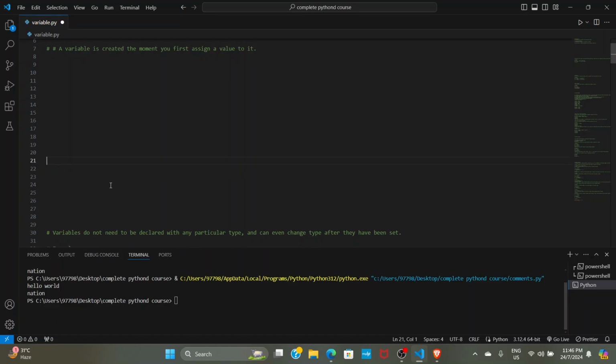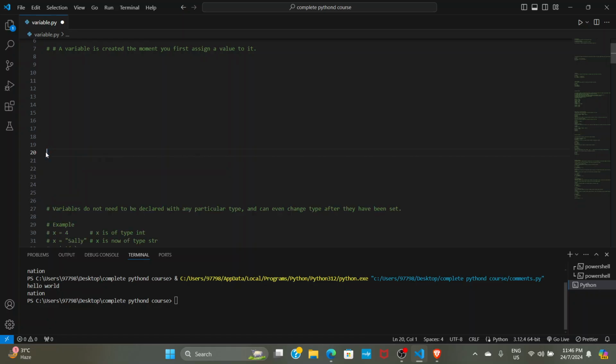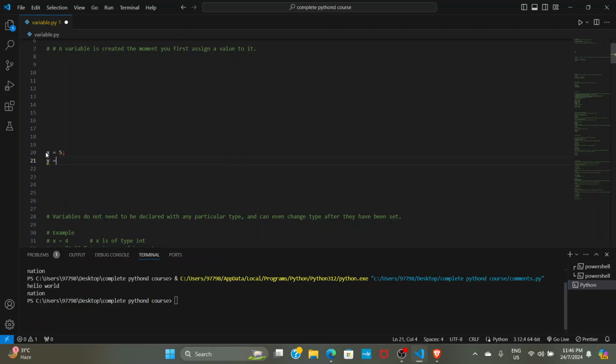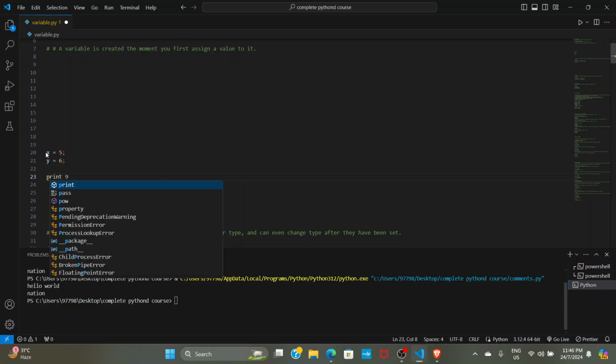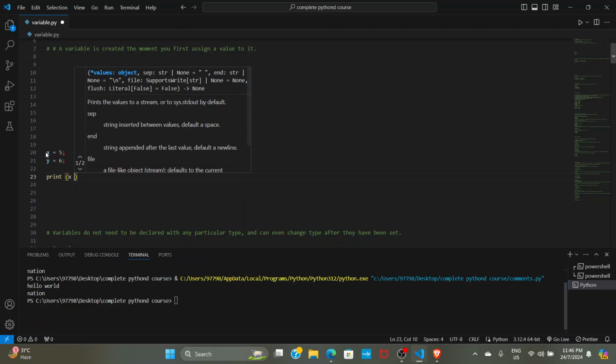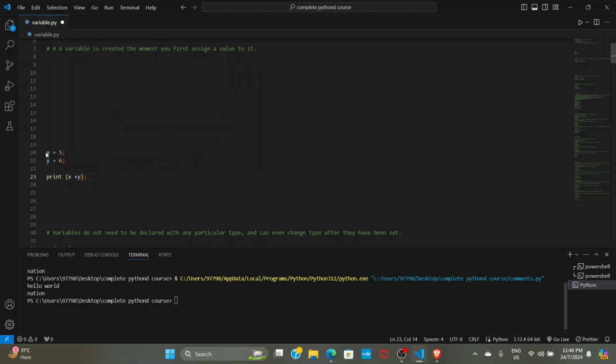So just type x equal to 5, y equal to 6, and print x plus y. Here we have x equal to 5, that is an integer, y equal to 6, that is an integer,